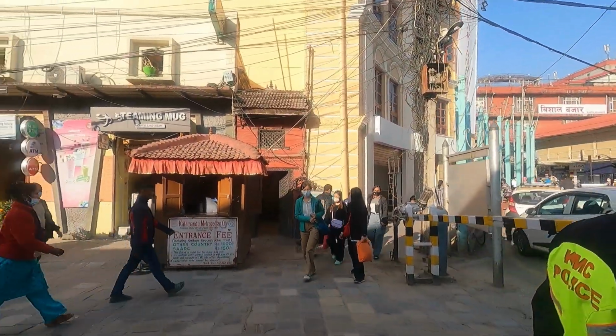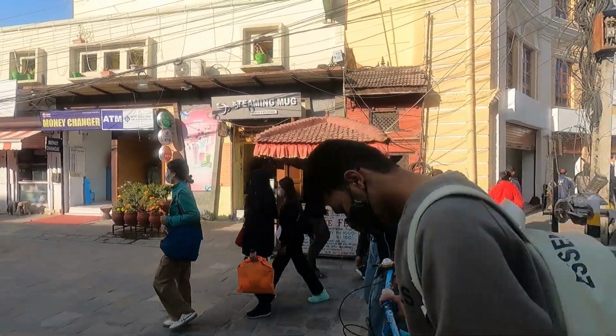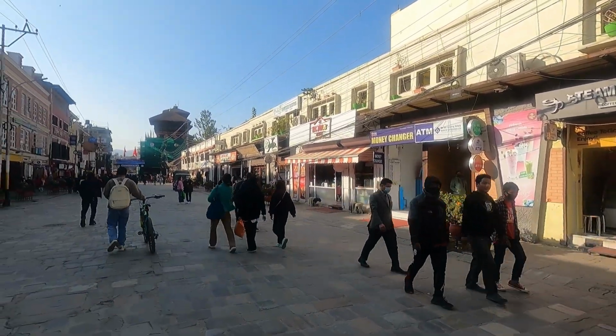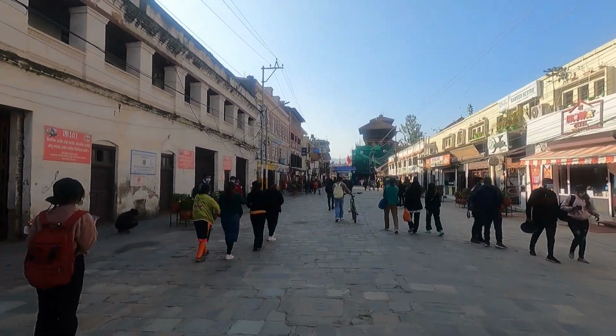All foreigners are entitled to pay 1,000 rupees so that they can get entry to this area. So here is the starting of the tour. Kathmandu Durbar Square, starting from New Road. And one can see this